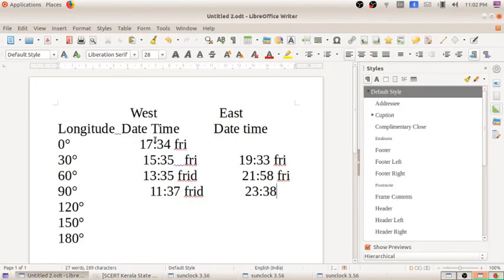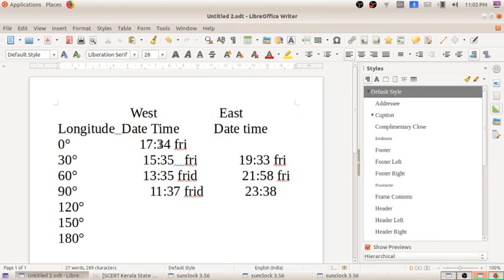So here this is the 0 degree, our solar time. When we click on the Greenwich time longitude, you can see the time is 17:34 Friday. When we compare with the other timings, at 30 degree meridian it is 15:35 in the west, and for 30 degree east it is 19:33. In the same way, at 60 degree it is 13:35 and for the east it is 21:38.